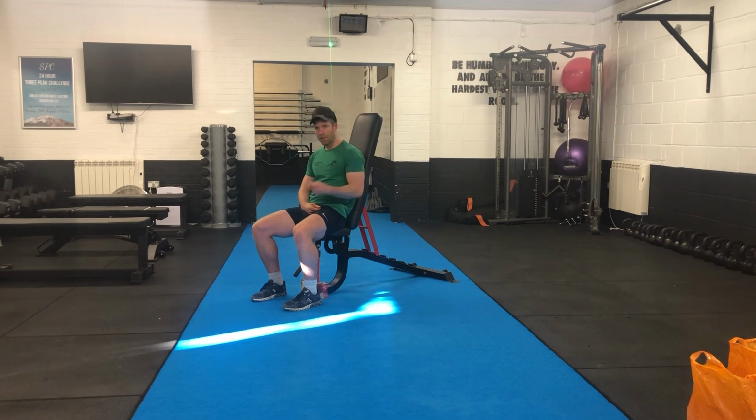If you are a relative or a carer, when they first come to do this, just be around, make sure you can go through with them if you haven't got the video in front of you, and just make sure they're okay, particularly on the standing up and sitting down version, because some people will struggle with balance, and some people won't necessarily feel